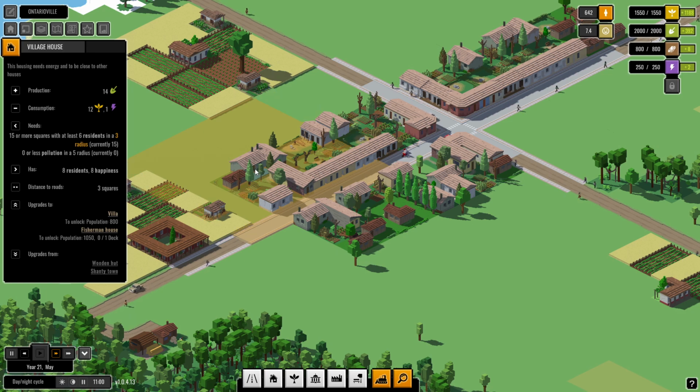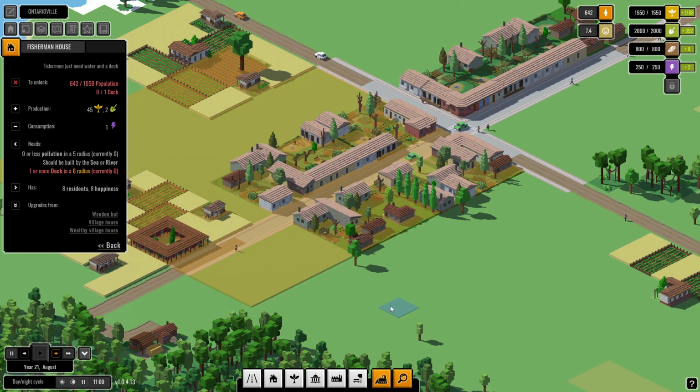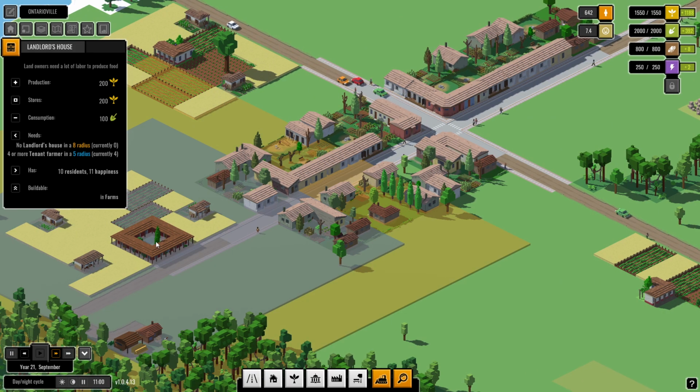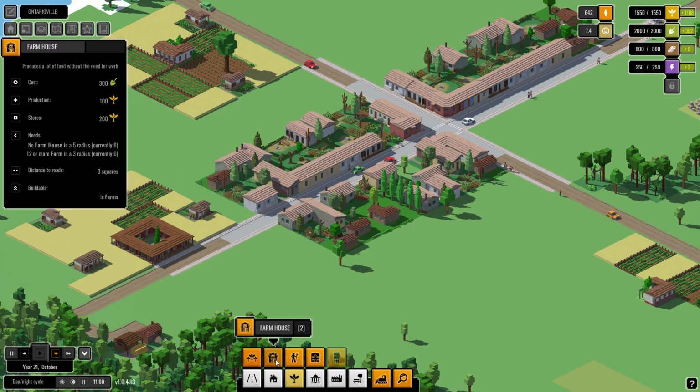All right, and these houses, they're not going to upgrade to anything. This one can't. This one can now because it met some of the other upgrades here. But as you can see right now, we're at a village house. This can now upgrade to a villa when we hit 800 population. Or it also unlocks a fisherman house. Fisherman's house has to be built where? Guess where? On the water, right? Of course. So these are good things here because they are producing more, but they are also using labor. These are not using labor. So you got to figure out